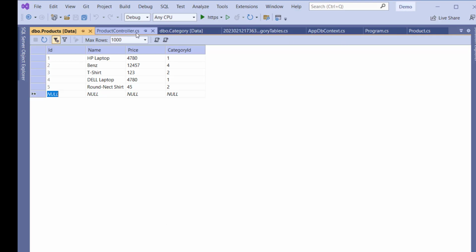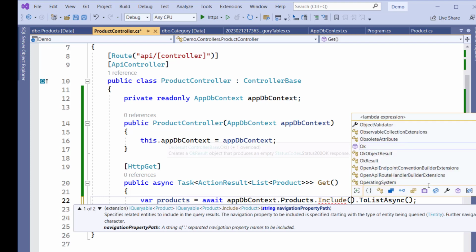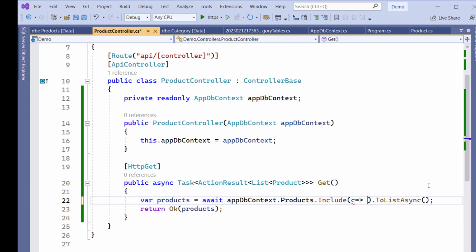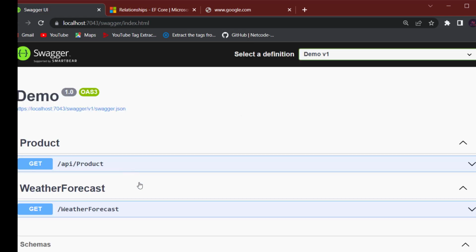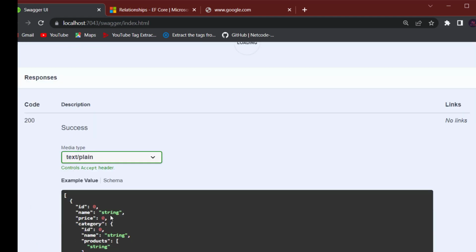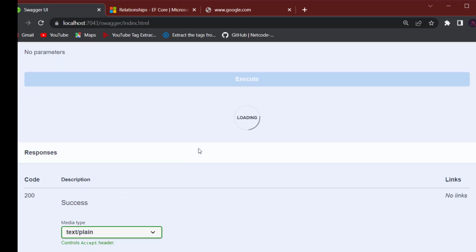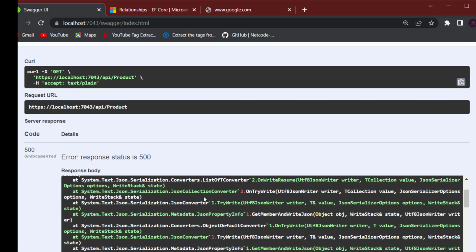Now our controller. So in here we can add .Include. Okay, so include, and we can pass in here a lambda expression, c dot category. So let's go for this category, save this, and now let's refresh and see. So instead of having here as null, we can now get that value there, or the name of the product. So let's watch here while it's being executed. Now we have this as a cyclic. So as you can see from here,